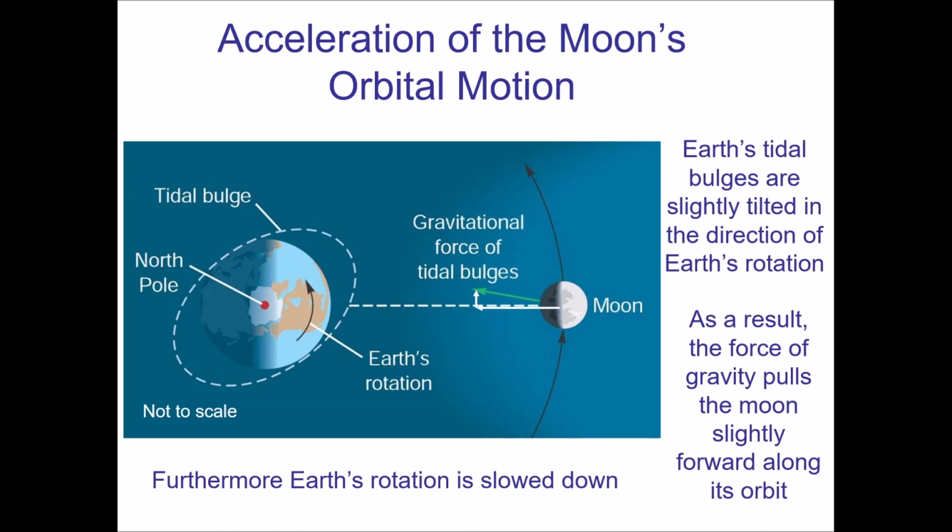Okay, now let's talk about Newton's second law again. The acceleration, or the rate at which things change their speed, is a function of mass. Earth is a lot more massive than the moon, so the effect on us is not as dramatic as it is on the moon. So yes, we slow down, but it's like milliseconds per century.